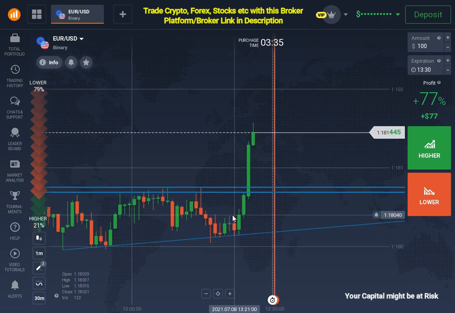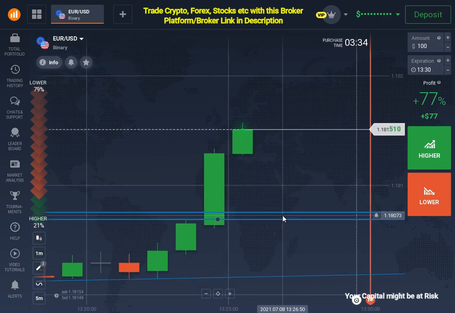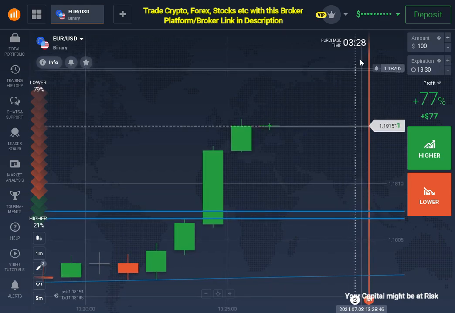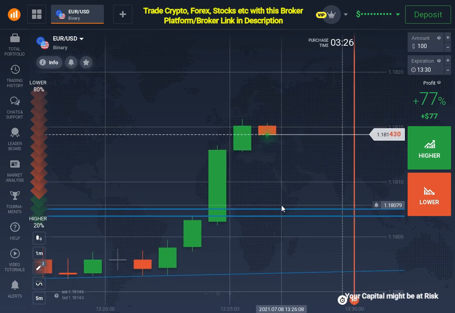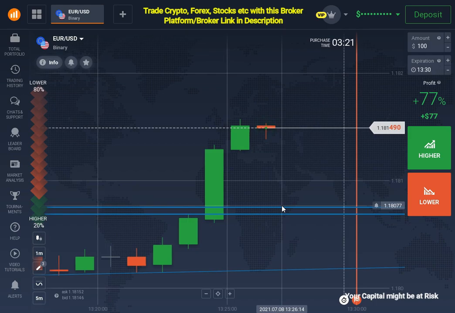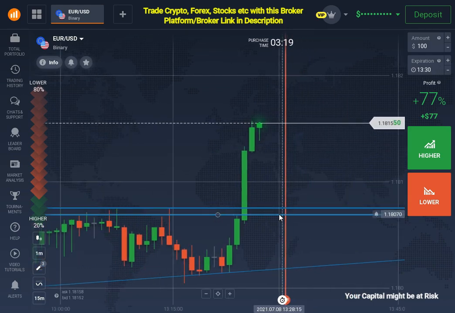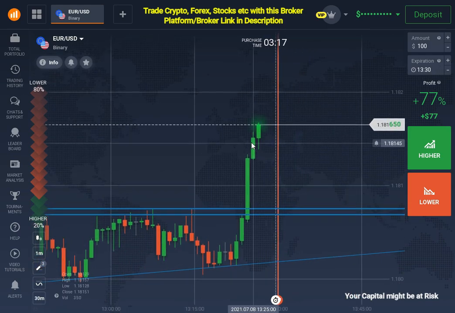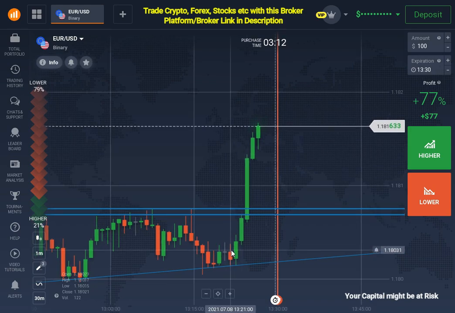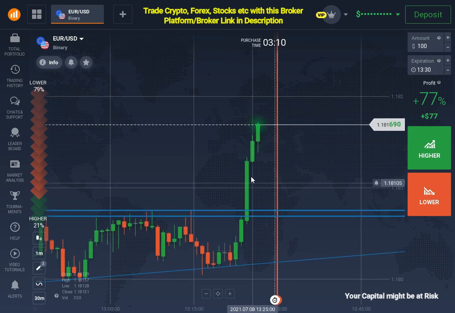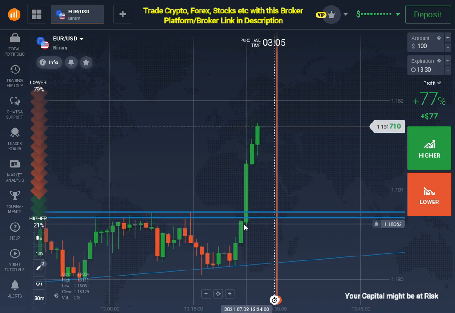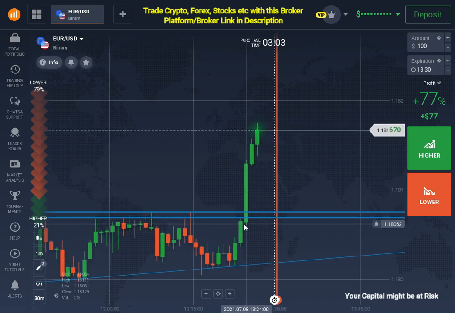I have selected the 5-minute time frame, so our trade is going to finish in a minute. Let's wait. You can see the clock is ticking here and the market is still going upward because the volume was good, but placing your trade in such a situation is much riskier. I suggest you not place your trade when you see such a breakout, because the volume is huge and the market can reverse anytime.